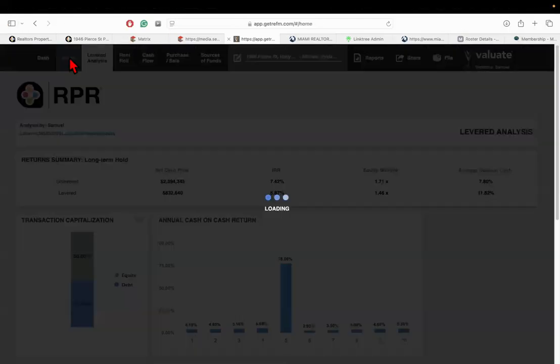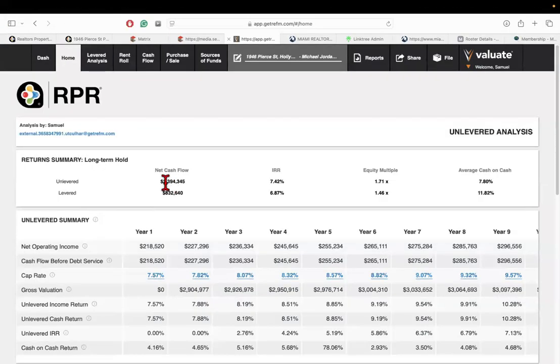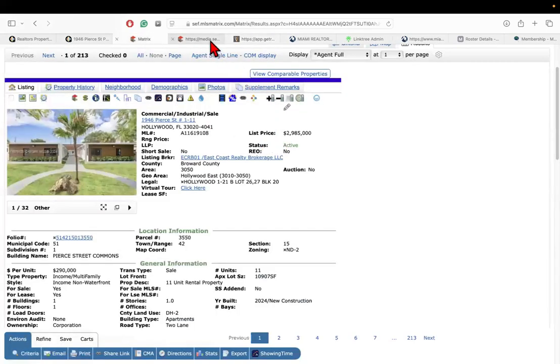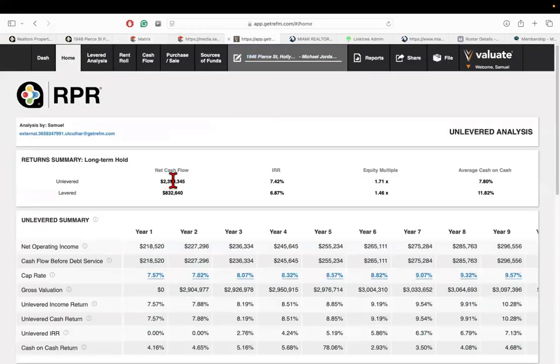We're going to go to Home now, and now Home is going to make a little bit more sense. Okay, so we have the unlevered analysis. Once we exit, if we do decide to purchase using cash, we're going in at 2.9. We're going to end at almost 4. If we do decide to refinance at year 5, we're going to bring back